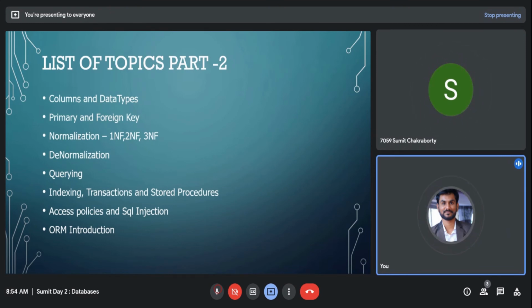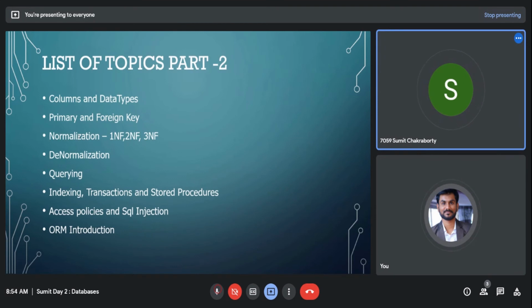Okay, so denormalization would mean that, as I said, when you're just looking at normalization, what does it feel like? It feels like you're just creating more and more tables and then relationships between them, right? You're creating more tables and then establishing newer relationships. Okay, that's how you look at it. So whenever you're querying, what happens? You're actually dealing with multiple tables. You're getting the data from different tables and then aggregating the information, which means it might be slow. When you want to get a result out, it might be slow, right? So that's when denormalization comes in.